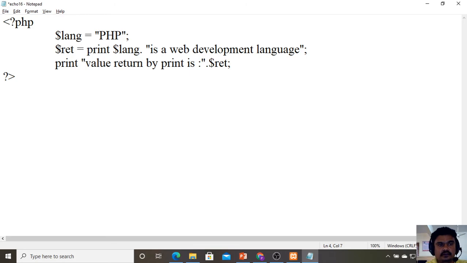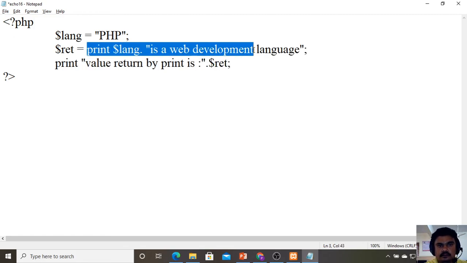So here in the $return variable, I am assigning the statement: print $language is web development language. So I am assigning this statement to the return variable. So once I try to print the return variable, if it is available, it is 1. If it is not available, then it is 0.